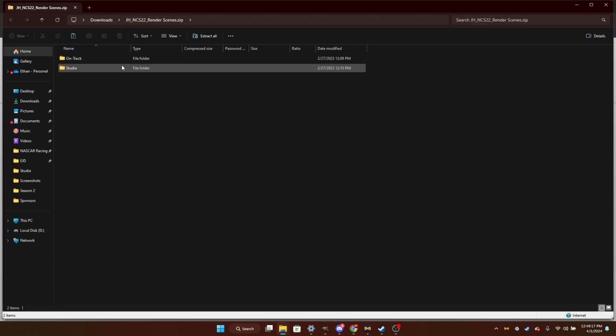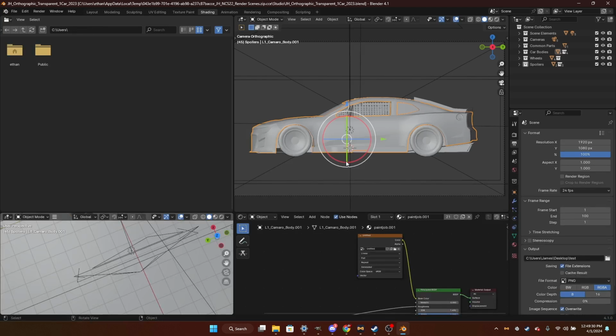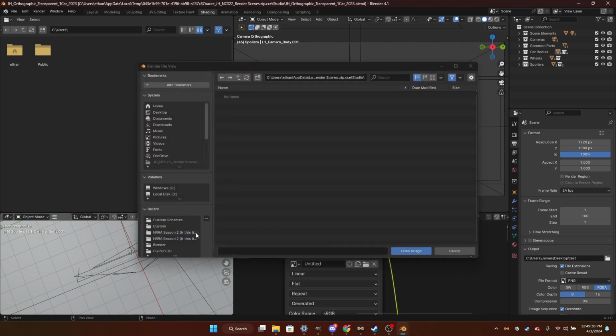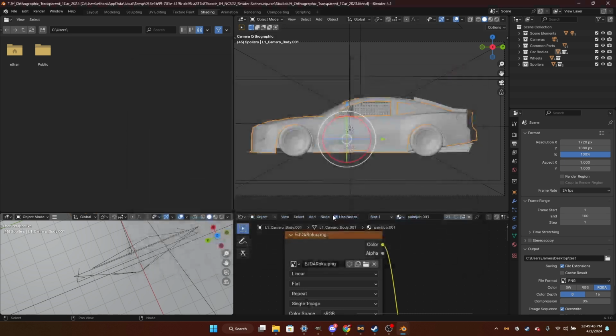Click open. For this, I'm just going to do a studio render, the orthographic transparent one car render. Yes, you do need Blender installed to use these. You can just get it on the Microsoft Store, or download it from their website, I believe. But go to custom schemes, or actually no, it's wherever you saved your custom file. You go Roku, put your car body to the Camry,